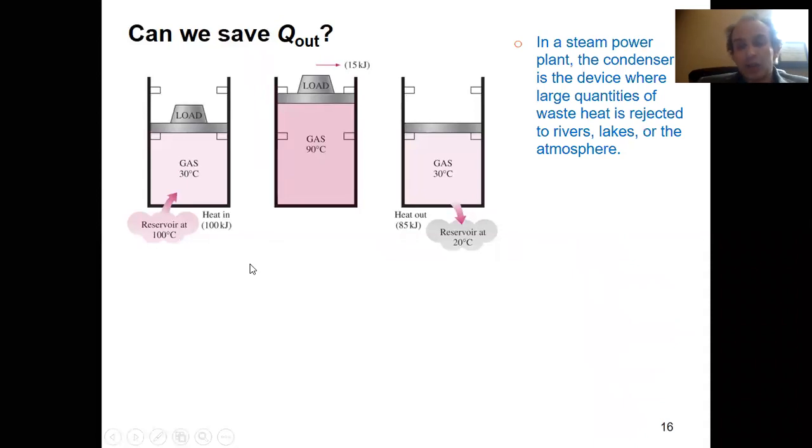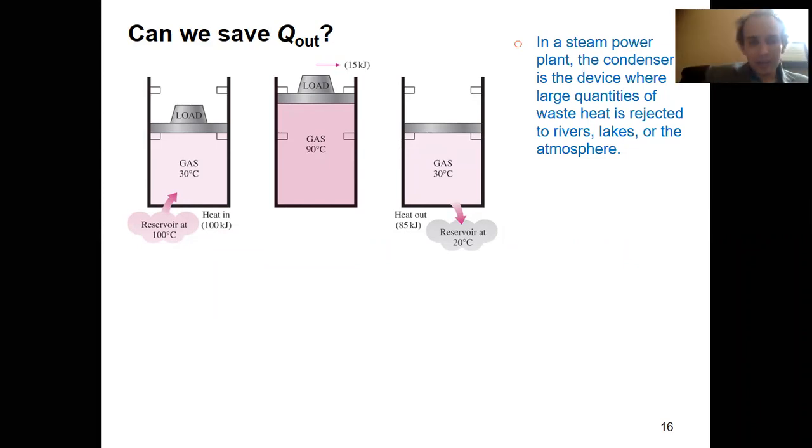Well, people try. For instance, it's a classical example, if you have a power plant, some factory, an electric power plant, this heat which goes to the second reservoir, people typically try to use it for heating housing. If there are apartments near the power plant where workers live, typically they want to heat them. But in fact, what you do here, you just extend your system. So yes, you can use part of this QL, that's okay. But if you consider the system, your factory plus apartments, still something will go to the environment. It's impossible to avoid it.